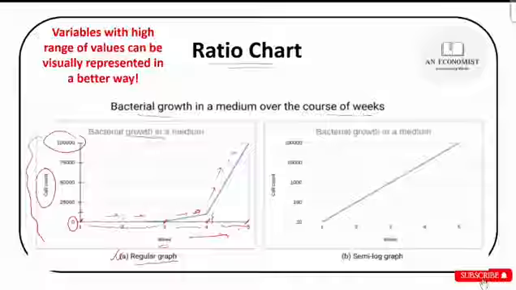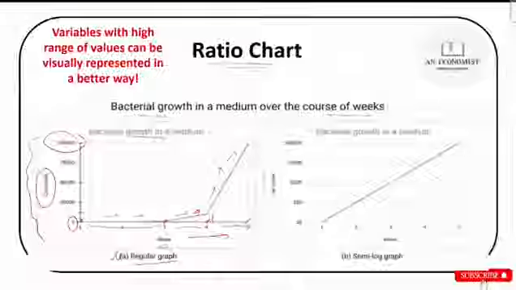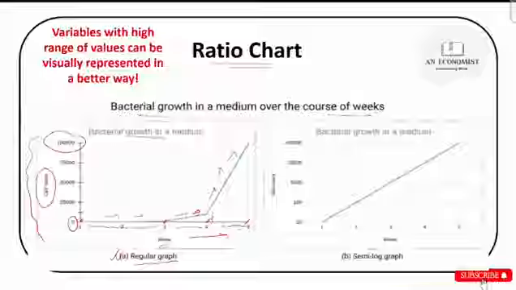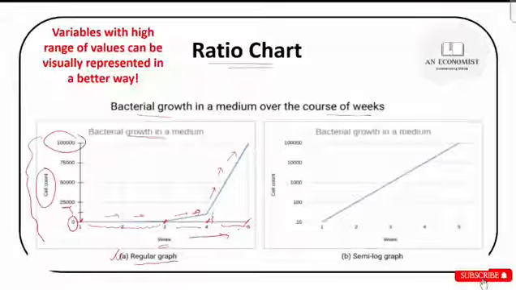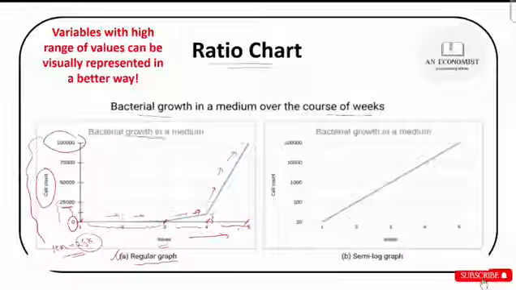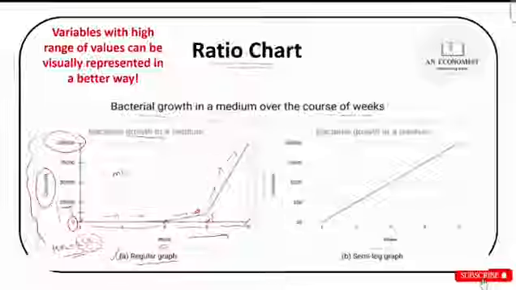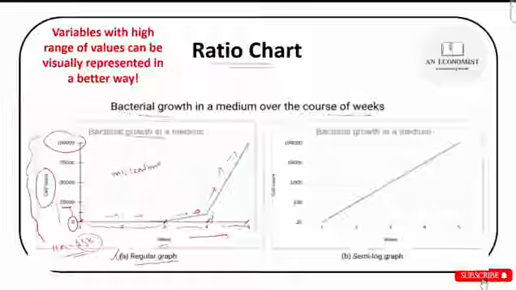So from the first to the fourth week, the cell count looks very low. If we take the scale to be from 0 to 25,000, where 1 centimeter equals 25,000 cells, then you will feel that it is very low, but actually it may not be. 25k is a large number of cells, right? But if you plot this using natural scale, it will seem to you that the cell count is very low, or that it is not growing at all. So it will give you misleading conclusions. If you use this kind of scale for both the axes, it will give you misleading